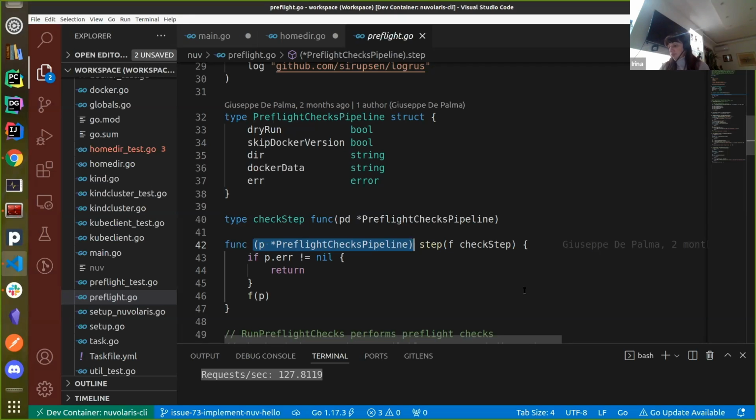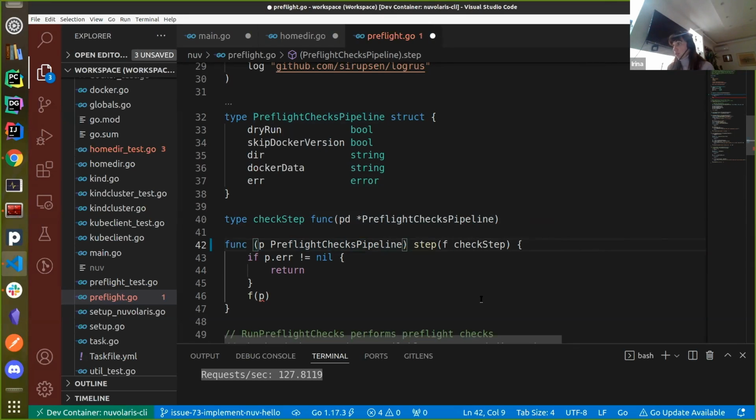And why do we do this? This is not actually easy to explain. You could have a method on a structure that accepts just the structure itself. It doesn't have to be the pointer. But when you create a method which takes a pointer, then you expect that this method would change the calling structure,